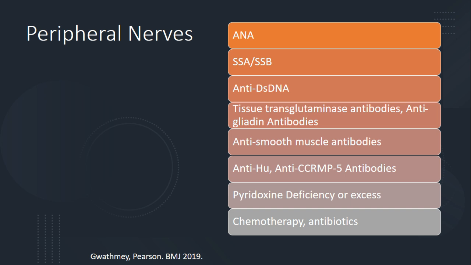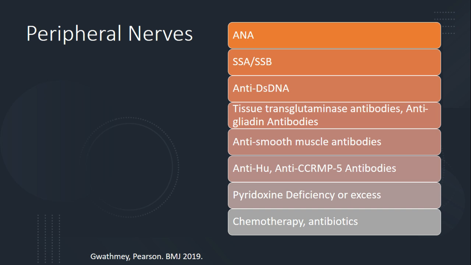A very small proportion of patients do have paraneoplastic syndrome, but in paraneoplastic syndrome, sensory neuropathy is very common. But paraneoplastic syndromes themselves are not as common. So anti-Hu and anti-CRMP5 antibody can be assessed, or the whole panel can be done in patients where there is concern for a paraneoplastic disorder. Rhodopsin deficiency or excess, either way, but primarily excess, can give you sensory neuropathy.